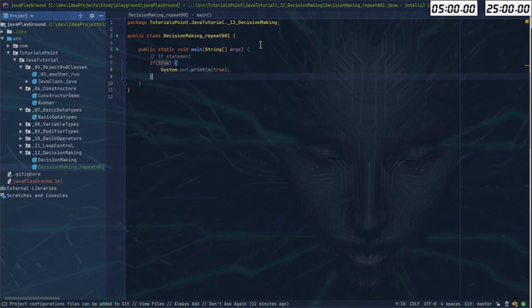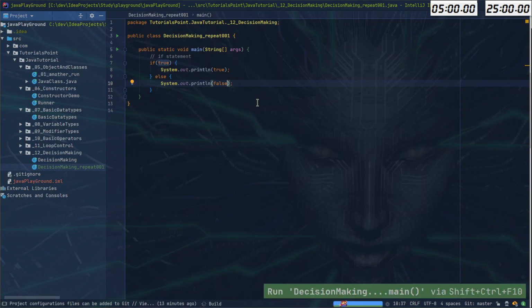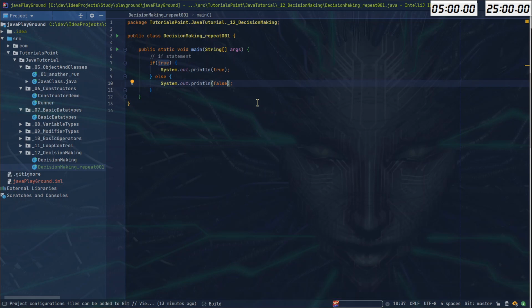And that is an if statement. The if statement can have an else part, and inside we will say false. So if I run this, we'll see that